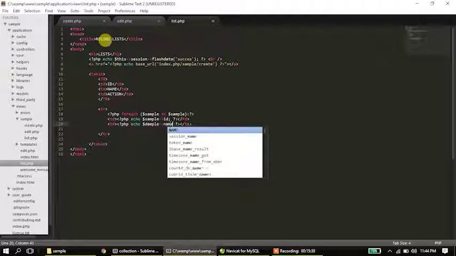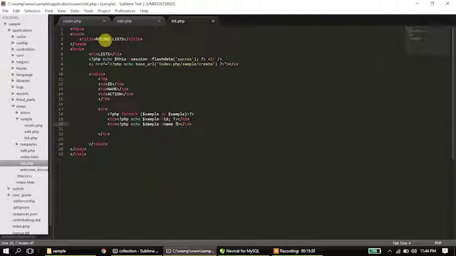So PHP, wherein we need to call the base URL or the path or the location of